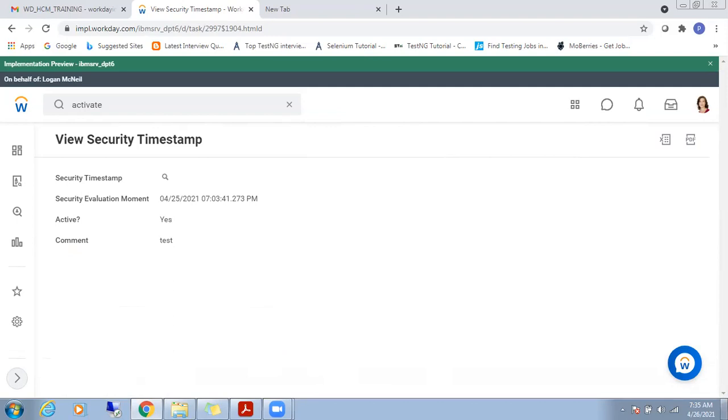If you want to add any other user, click on edit permissions or go to the related actions and click on edit, and try to give the required security group, and after that we need to activate it.